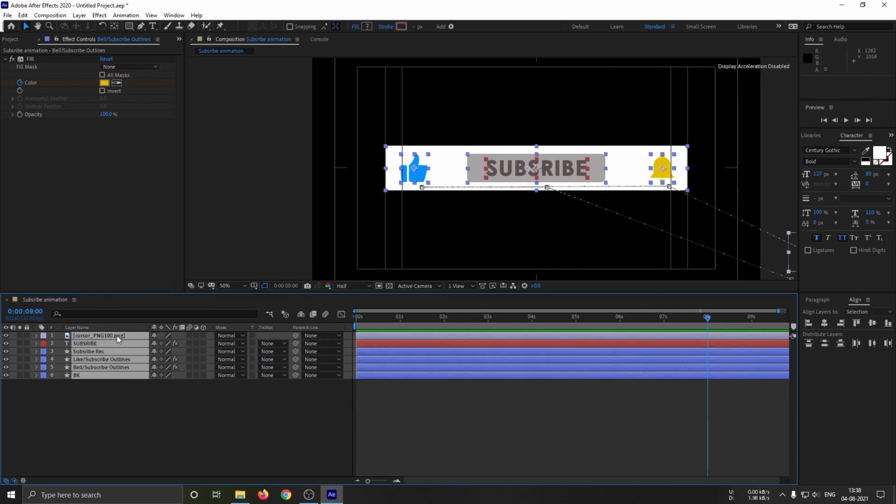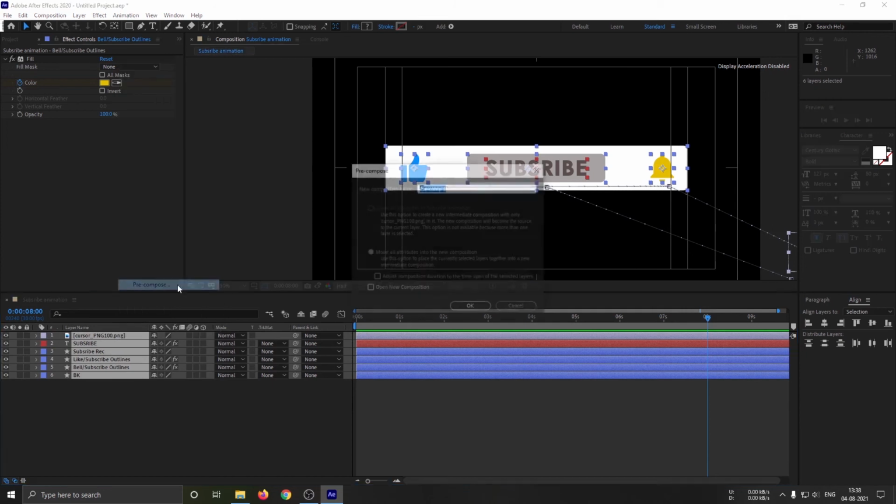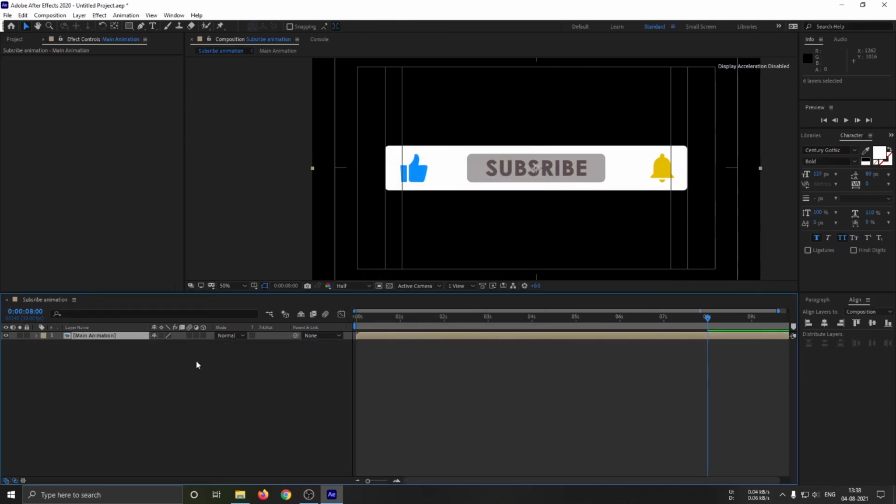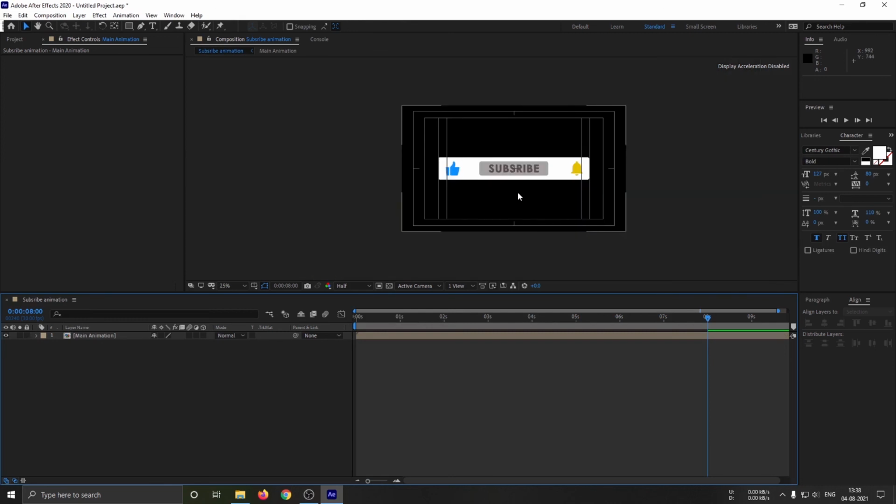Now pre-compose the layer. Here you can resize it and set it to your own video size.